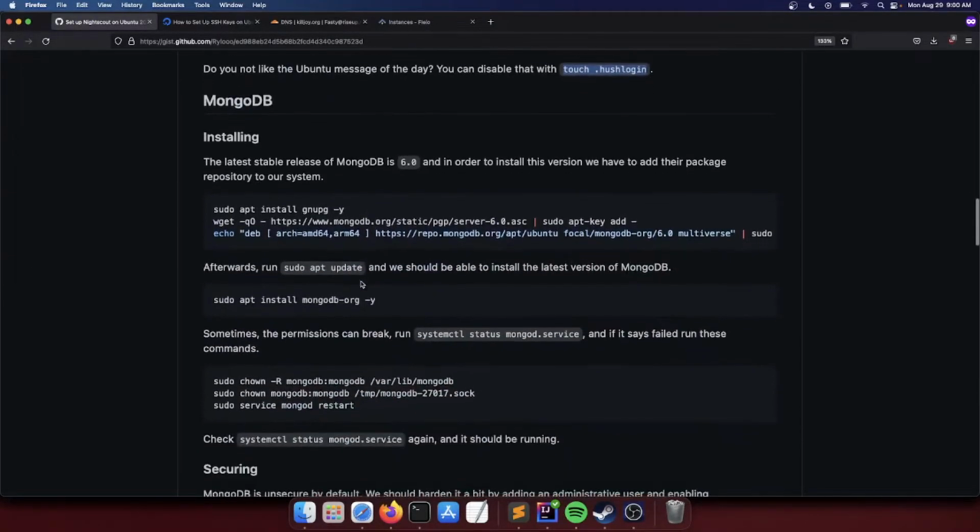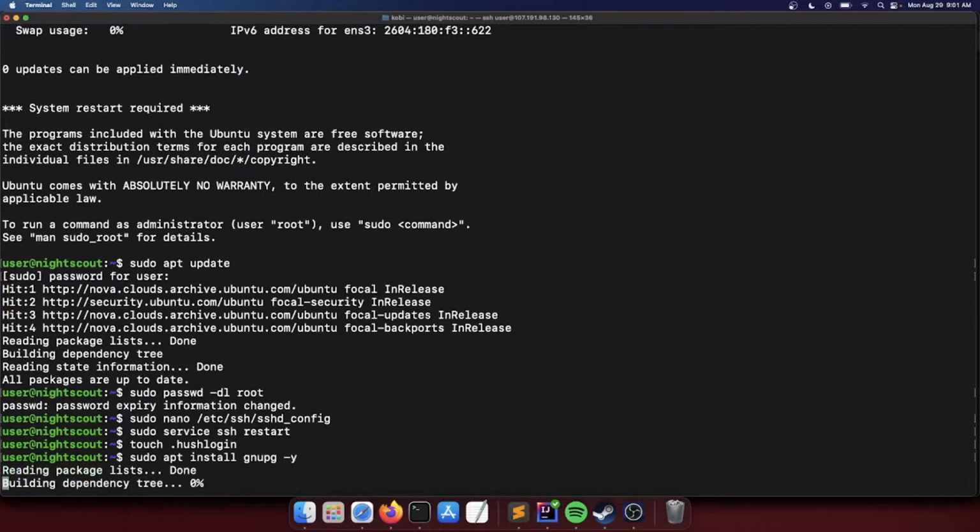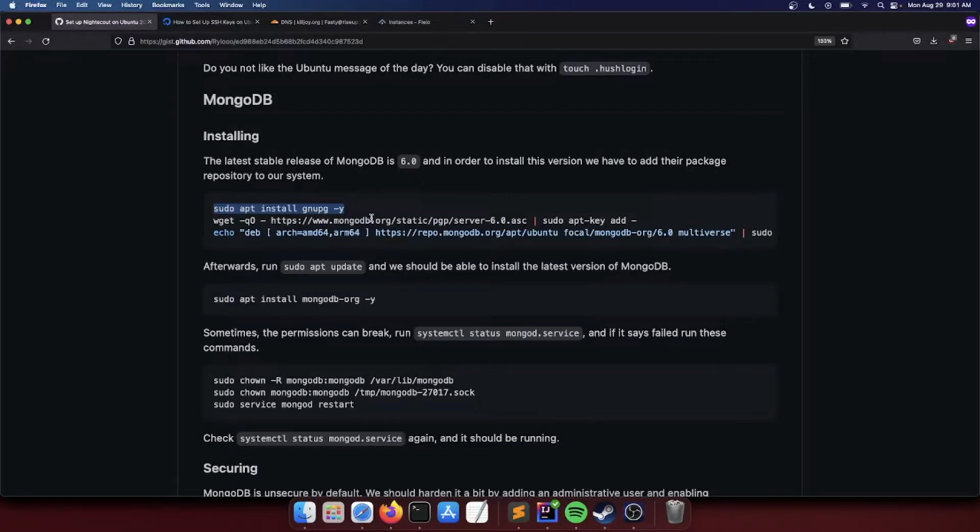Alright, next thing we want to do is install MongoDB. The latest stable release of Mongo is 6.0, and in order to install this version, we have to add their package repository to our system. I gave you a command to install a package. It's usually installed by default, but you can run the command just in case.